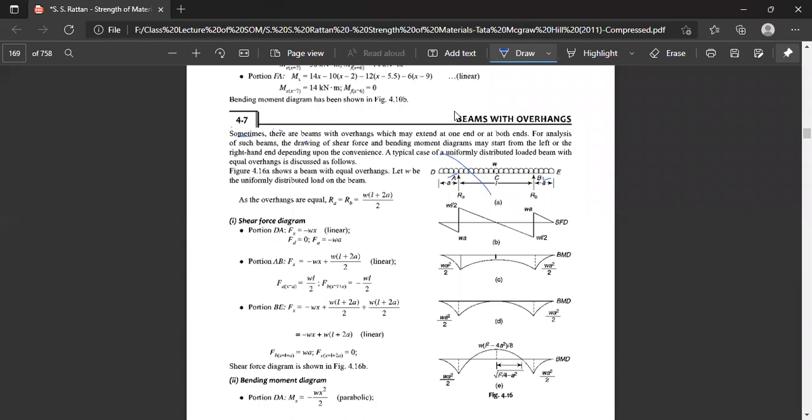of the beam. The beam is being supported not at the end D or at the end E, but at the points A and B, which are away from the D end by A and from the E end by A respectively. Means they are equally supported, at a distance of equal length from both the ends, and the length between the supports is equal to L, between A and B.